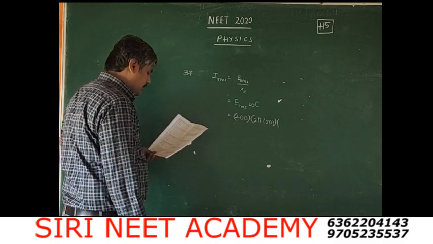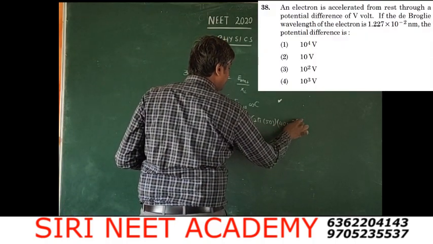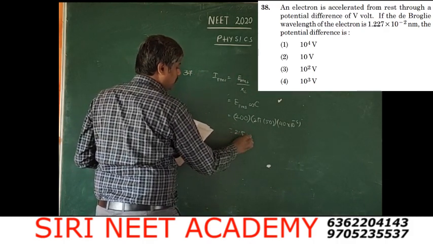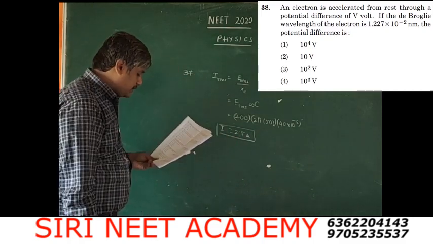And capacitance is 40 microfarad, that is 40 × 10^-6. Solving this, you are going to get 2.5. So the option corresponding to this answer is